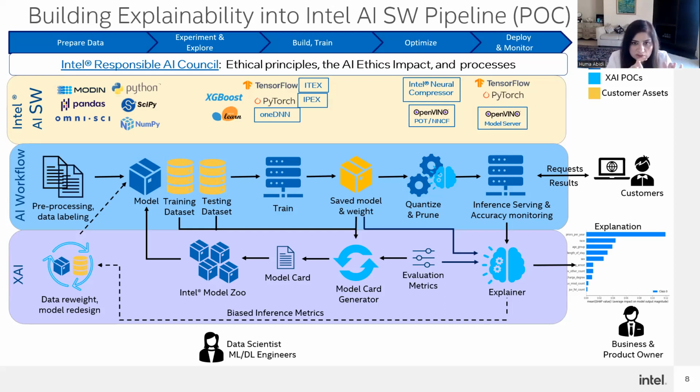So if you look at the top layer, I already talked about this, right? The software that we have, both Intel and the popular deep learning, machine learning frameworks, etc. So that I'm showing, this is your top layer. This is the AI software. The next layer is showing you the workflow, the data pre-processing, training, deployment, quantization. And the last layer, what I'm showing here is that ethics must be integrated into, number one, earliest stages of